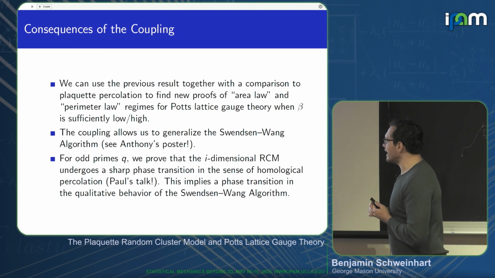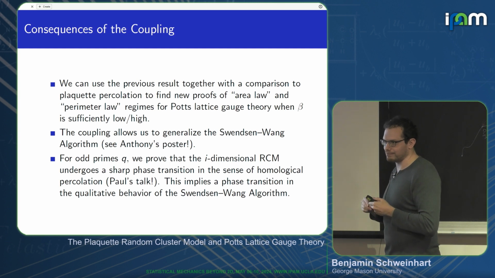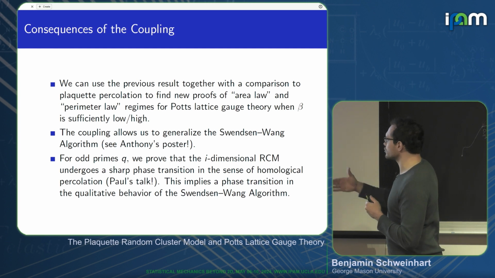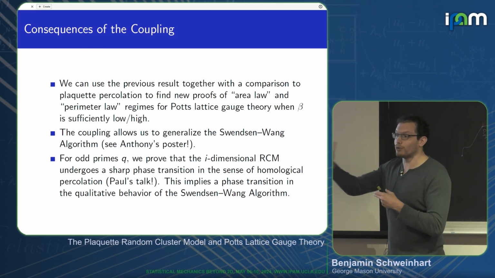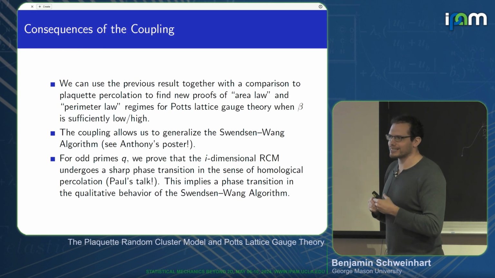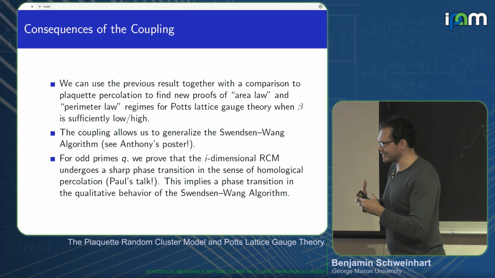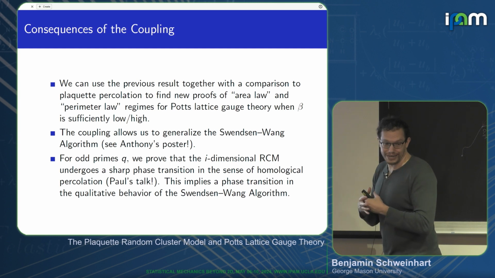You can view that as saying that if you look at the plaquette Swendsen-Wang algorithm for the corresponding one-dimensional Potts lattice gauge theory, you get a phase transition when it starts to have global moves,